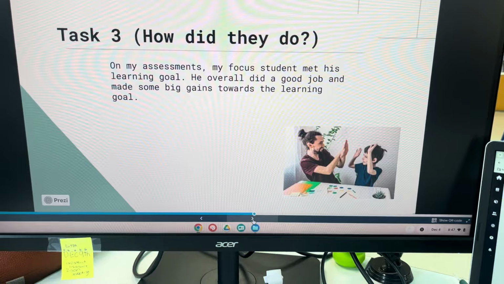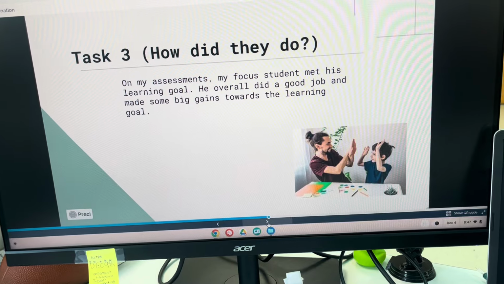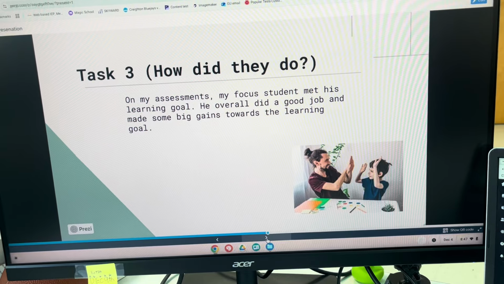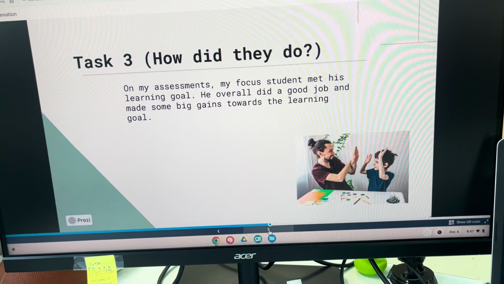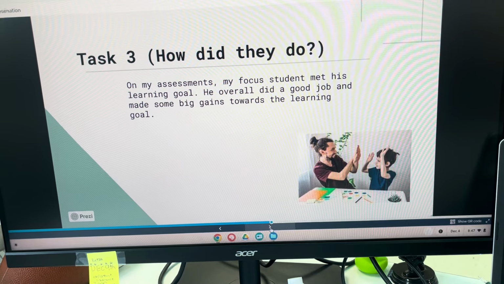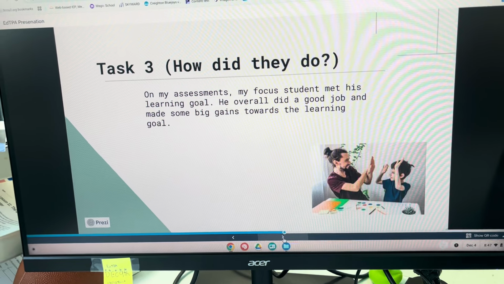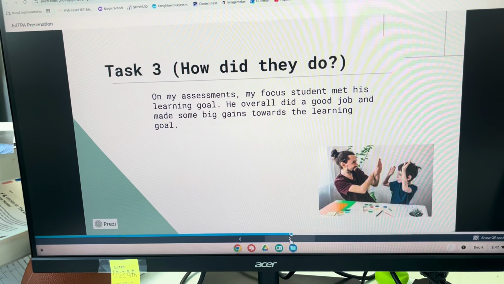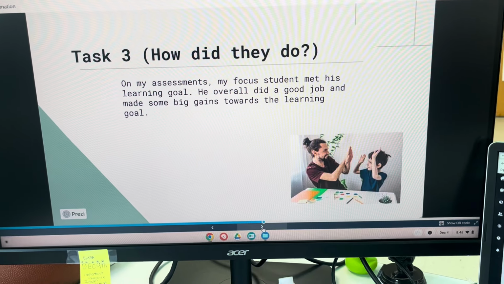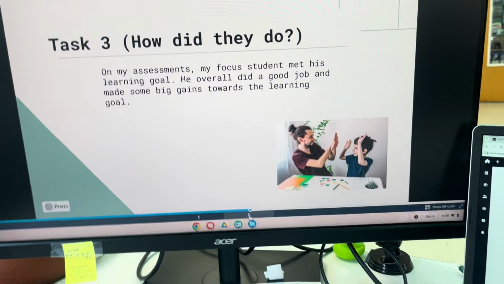As far as how my students did, my focus student met his learning goal. I had a couple students who struggled with the learning goal and needed more teaching. They just needed more time to meet it. Even when I gave them multiple choice answers and not open-ended, they still had trouble with that. But my focus student did a good job for the most part of the class, and they had a lot of fun doing main idea and key details, because that's something that, especially for my level of students, they don't really ever get to do. And so picking out the main idea, whether it was illustrating the main idea or physically answering a multiple choice question or giving a sentence starter, doing it open-ended, they did pretty well.